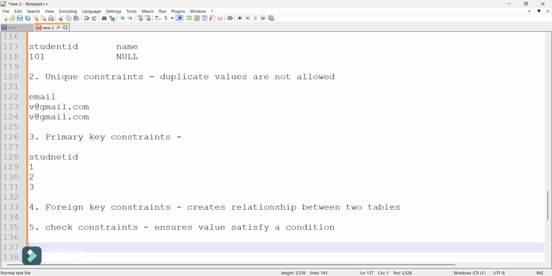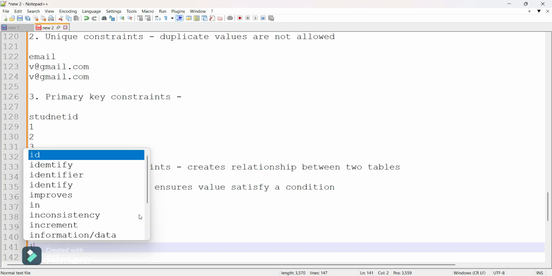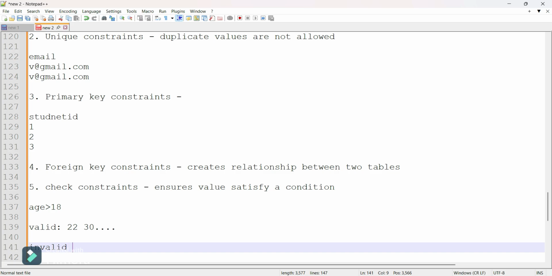The age should always be greater than 18. So valid ones are 22, 30 and so on, and invalid ones are -5, 12, etc.